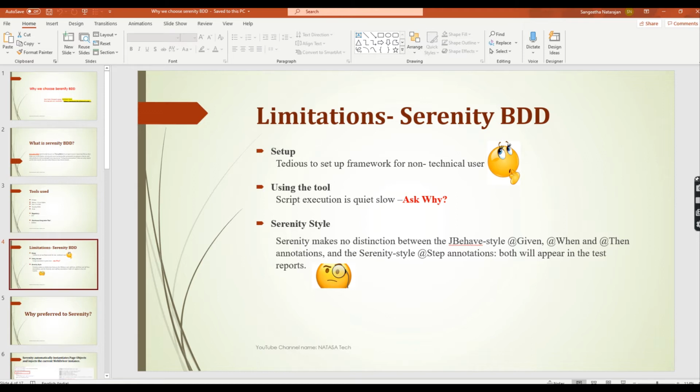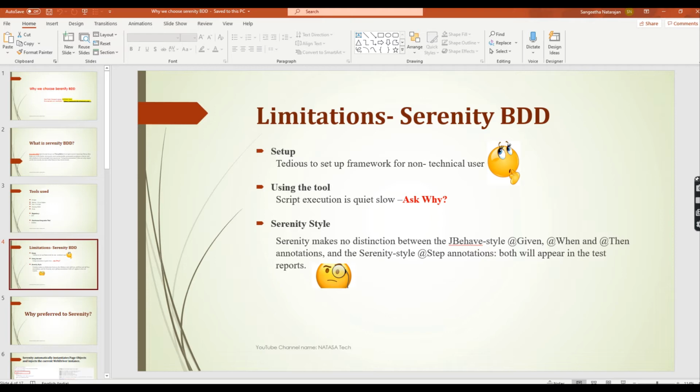Once you get a Serenity project for setting up in your Eclipse, it is a little bit difficult if you are a non-technical user. If you know Cucumber very well, then fine. But when you enter Serenity, you see different types of keywords that you may not have known before. So it is a little bit different. And using this tool, the script execution is quite slow compared to others.